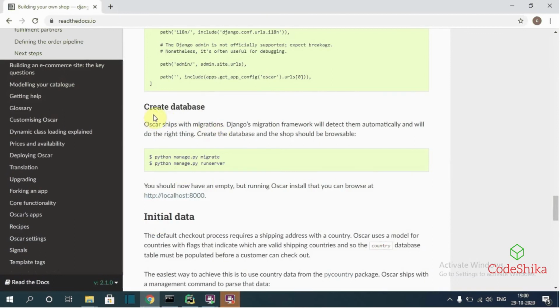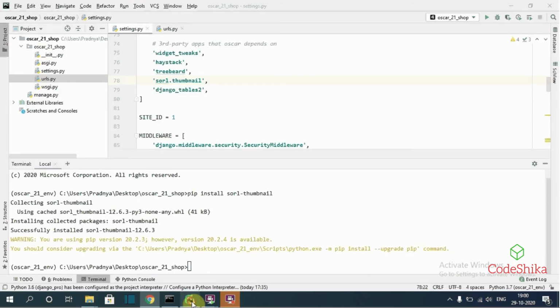Next, Oscar ships with migrations, and Django's migration framework will detect them automatically and will do the right thing. So we need to create the database tables for Oscar and for Django, and then we can run the shop, which should be browsable by the runserver command. So let's do that.